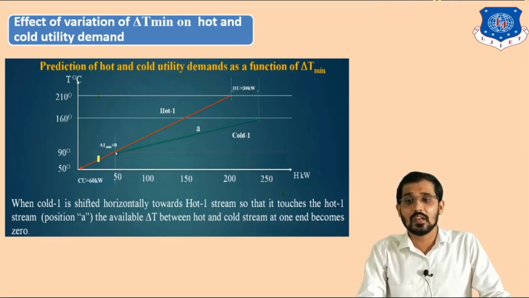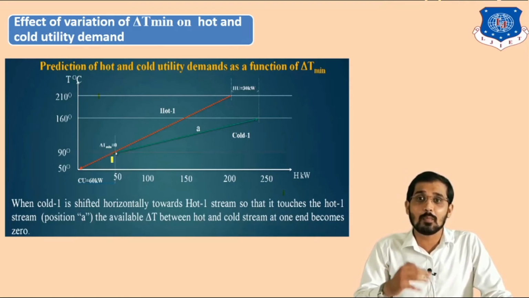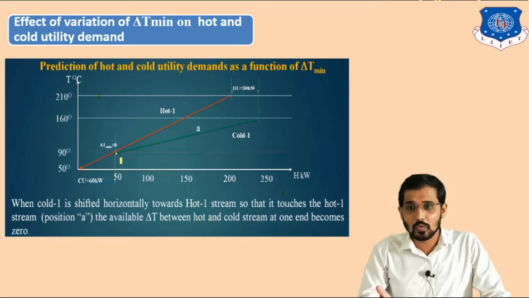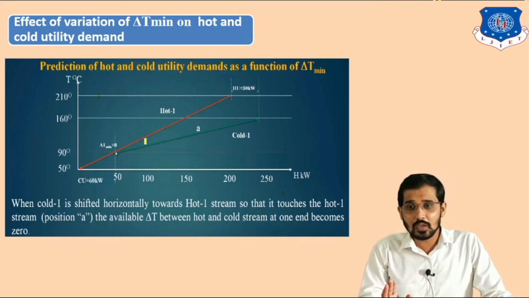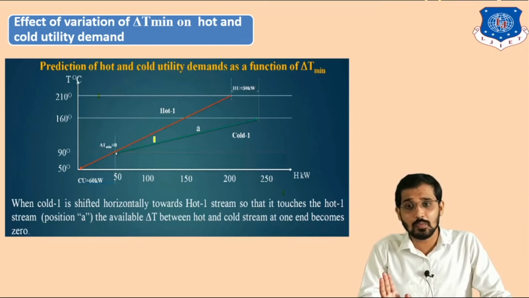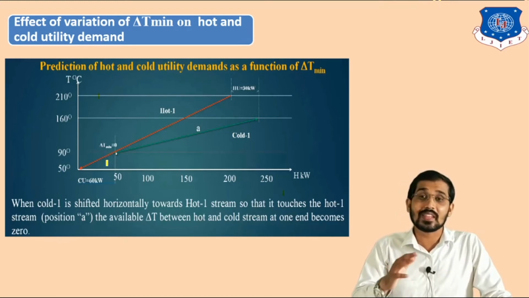So this red line here in the bottom section is the extra part. To extract heat from this extra part, I will require an extra amount of cold utility, because cold stream is not available in this section. I told you we can use a heat exchanger to exchange heat between the cold stream and hot stream. Here you can see I can extract heat from this hot stream to the cold stream only in this area. Beyond this there is no cold stream available and beyond this there is no hot stream available. So this is the extra part of the hot stream. To remove the excess amount of heat I will require extra cold utility.